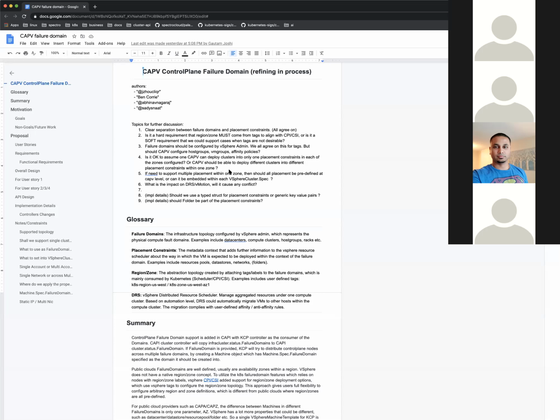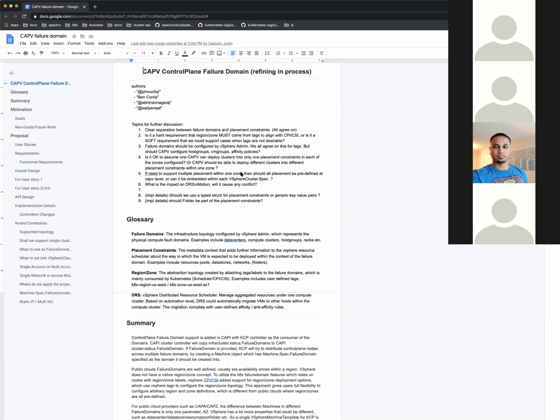So the next topic is, Ben, you have suggested the vSphere deployment zone concept, and we combine each failure domain with one placement constraint. And I think that model works well for one CAPV managing one Kubernetes cluster, because we don't think it makes sense for a single Kubernetes cluster to have all the nodes spread across different resource groups.